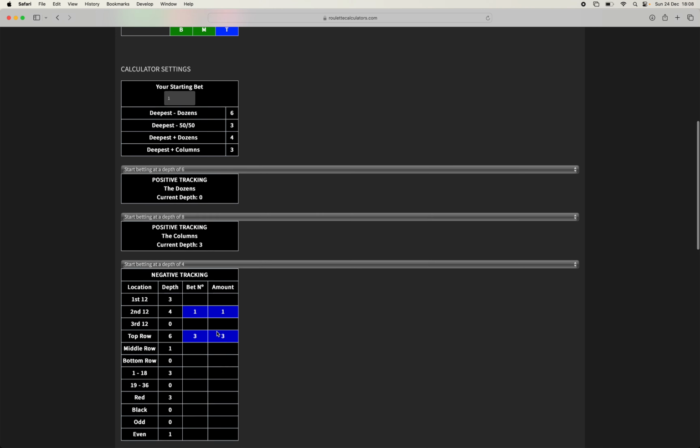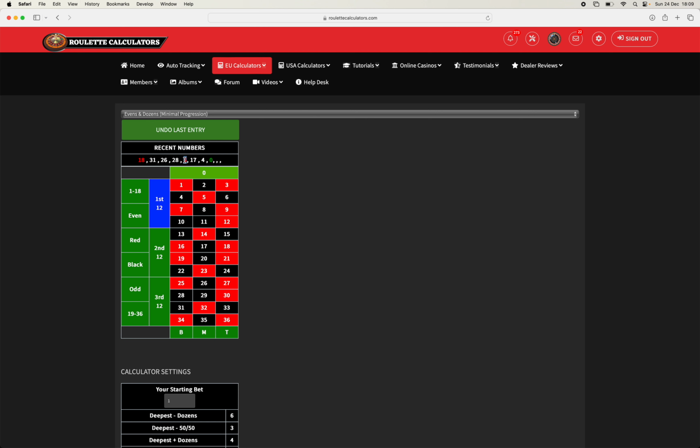So let's say number 18 comes out and that clears both of them out. That's a negative. You can see now it's gone to the first dozen, as that section hasn't landed since it was here, which was number 5, which means it's met your criteria of missing that section 4 times in a row. For the negative tracking, I recommend analyzing the table, especially if it's an auto table like an air-powered table,